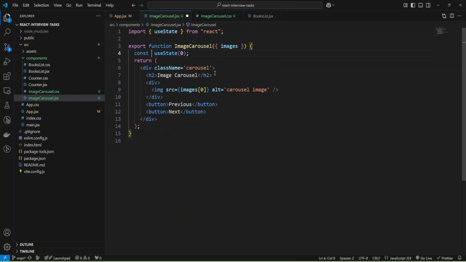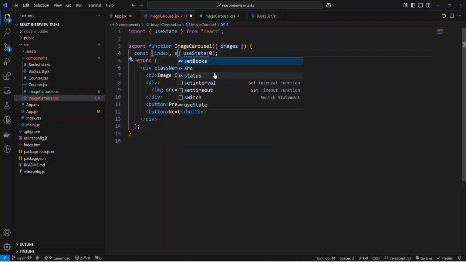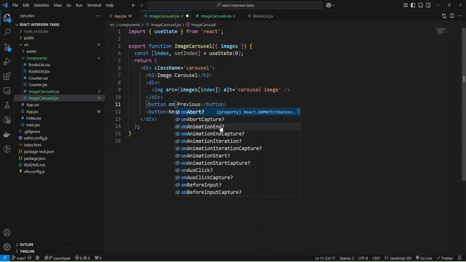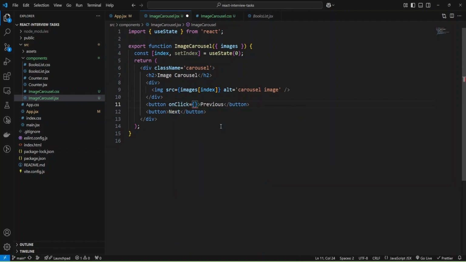And let me add names, and it will be index, and the function to change the state will be setIndex. Okay, and I can provide images[index], and now I can add event handlers to onClick, and